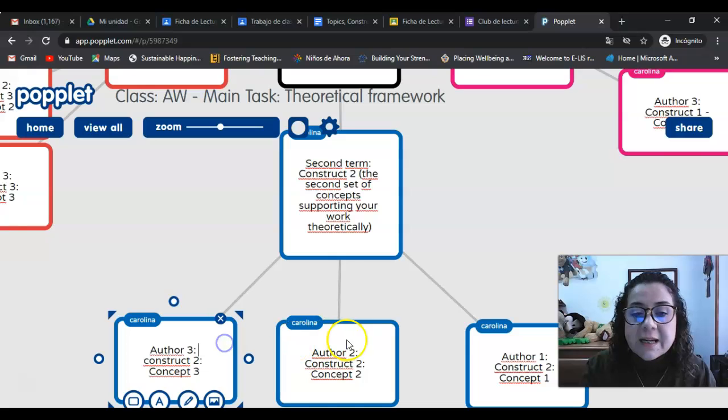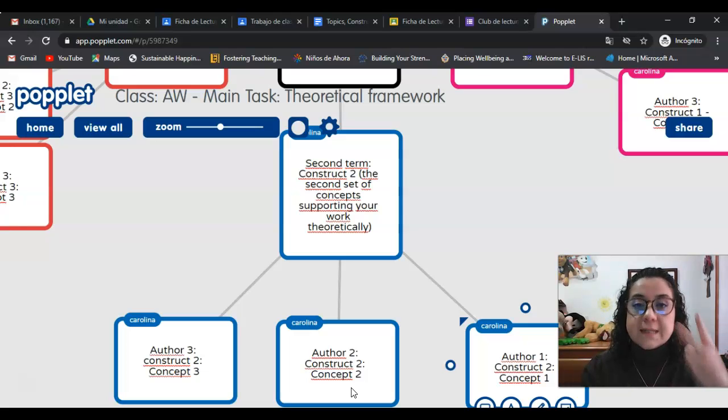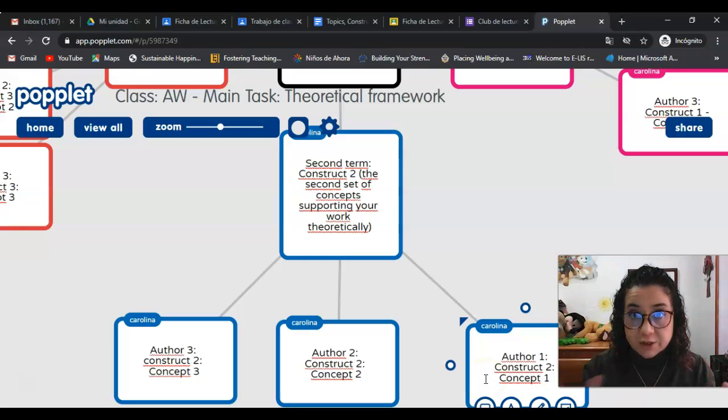You're going to get 3 different authors. I switched the order for this. Sorry. So you're going to choose 3 different authors or 3 different resources, 3 new books that you are going to use to construct this second construct. So you present the concept from different points of view, different angles, but it's the same construct.